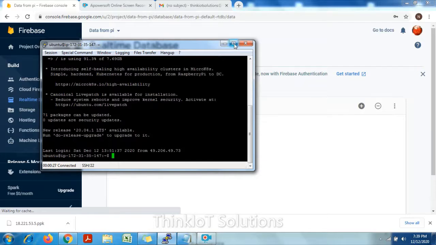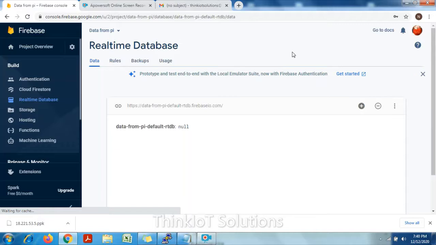Now I need to create a Python project and write the code wherein I upload the information from my AWS server to this Firebase server, into the real-time database.